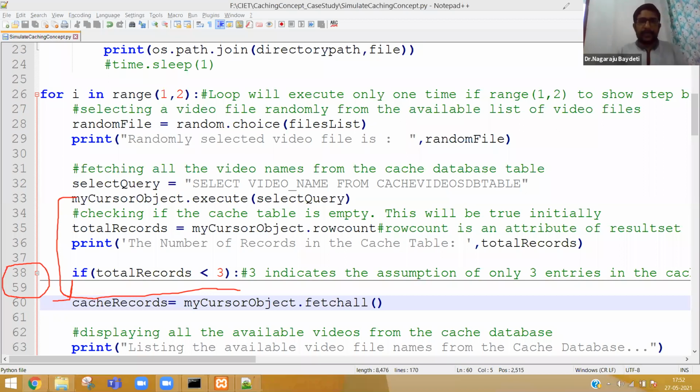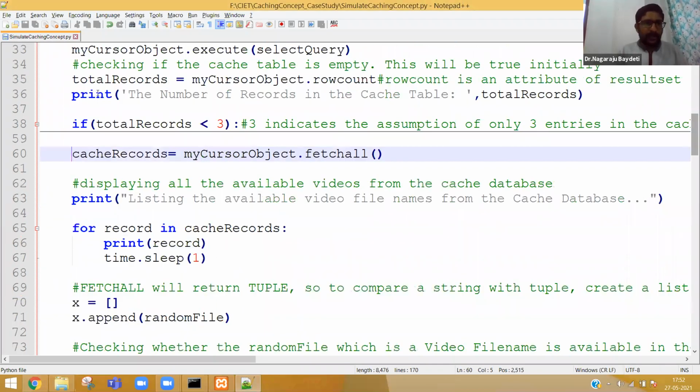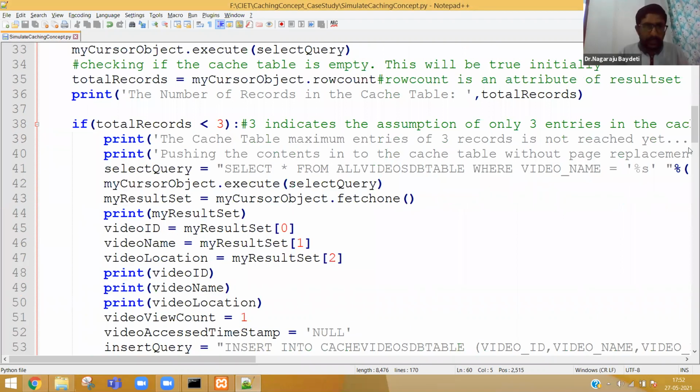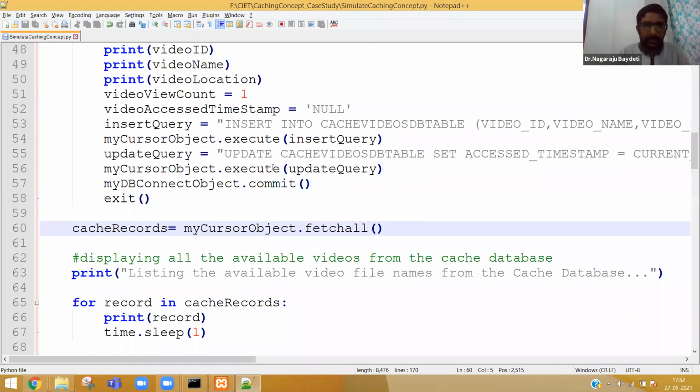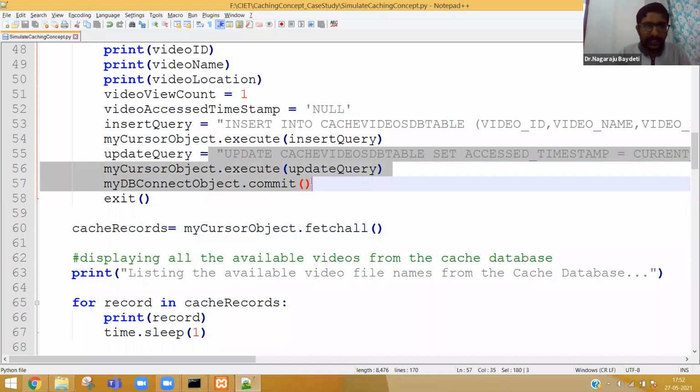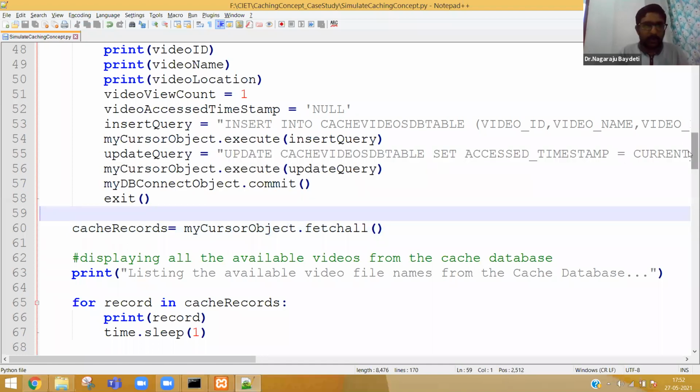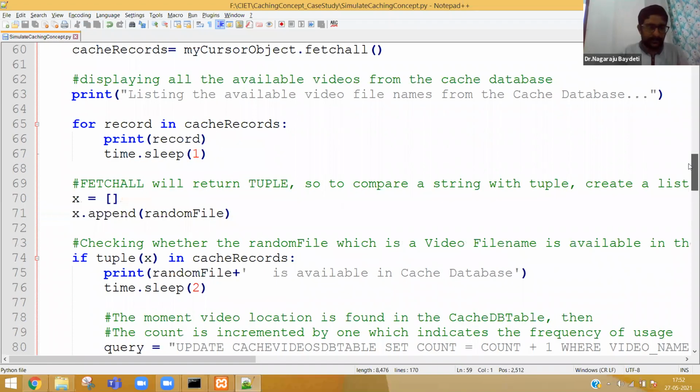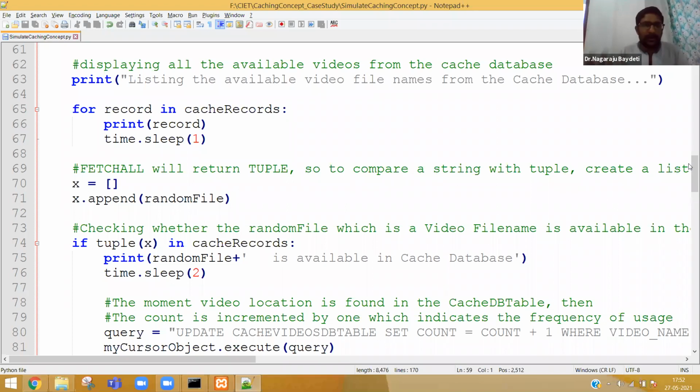Okay, let me clear all the drawings and continue. I am trying to expand again. So don't get confused by seeing one query here in line number 56. Don't think fetch all will give that query. That is part of the if. Sometimes code will actually cheat us. Okay, code will not cheat, but we may get confused.